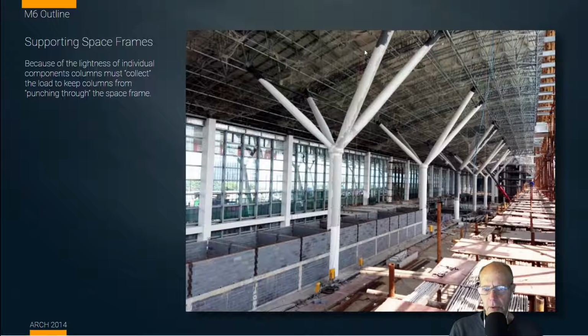You can see how it looks like there's insulation and wiring and other things going on in here now. This will eventually be covered over with another probably sheet metal ceiling system. And once again, we have that idea of adaptive columns coming up and touching the roof system at multiple points in order to spread out the load of each individual member of that truss system, or should I say, to divide the load off of any single individual member of the truss system and carry that load down to